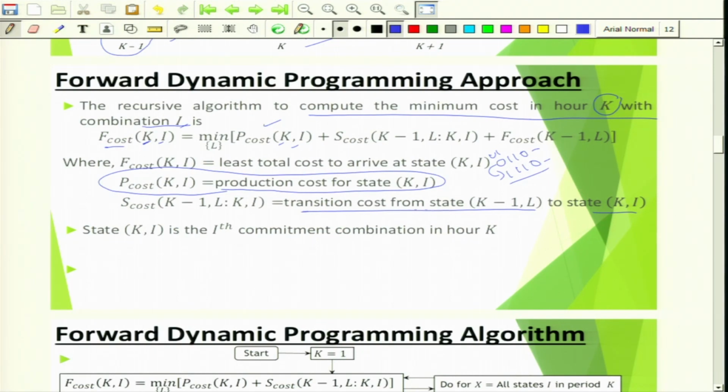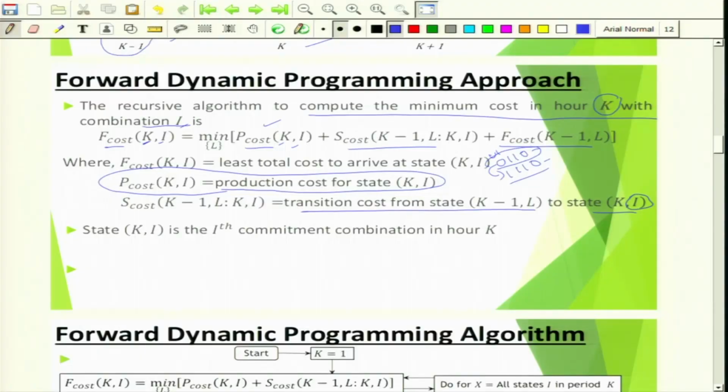So that represents the transition cost to this present interval to meet out the present combination, which is I, right? And whatever may be the fuel cost involved, total fuel cost that was involved in the previous state. That means at this state, whatever could be the total fuel cost, and that also includes the production cost at that specific interval and that startup cost that would have been incurred before to that step as well,